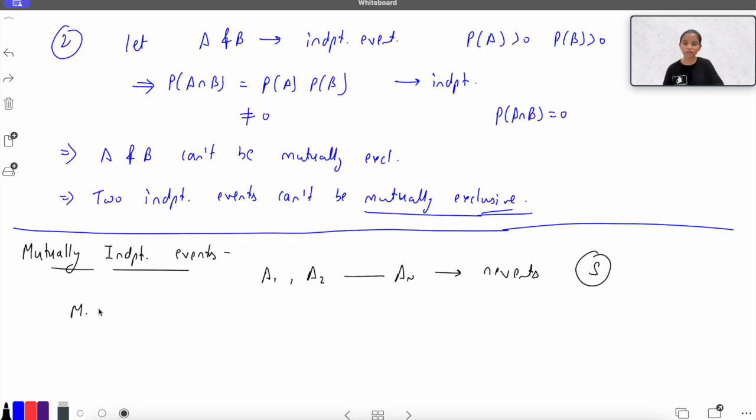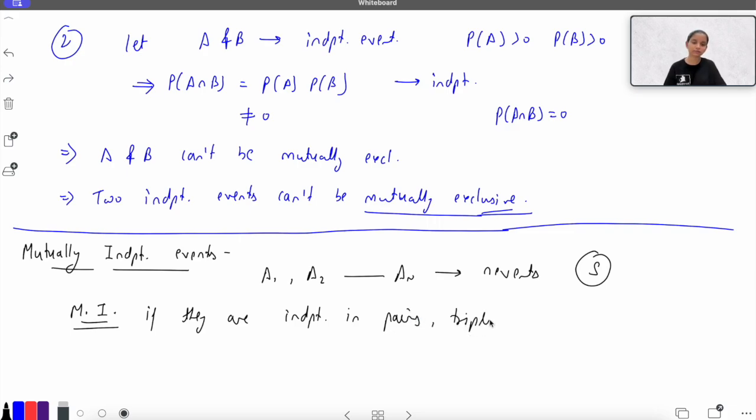I said mutually exclusive earlier, but I mean to say mutually independent. So these n events are mutually independent if they are independent in pairs,